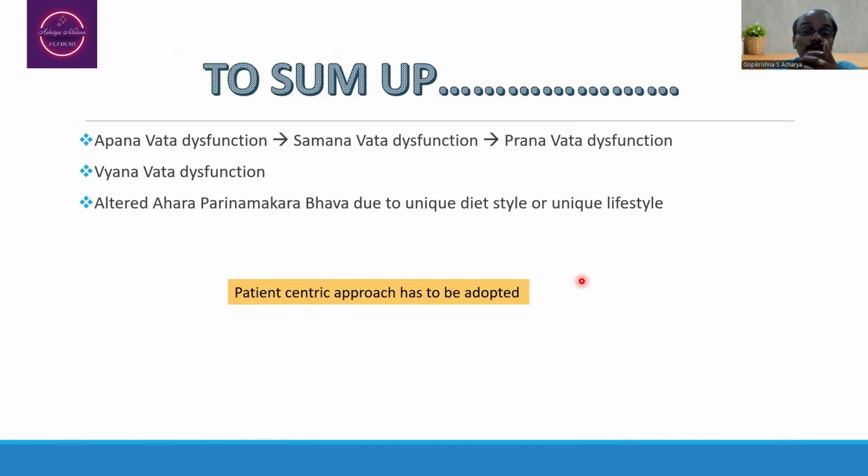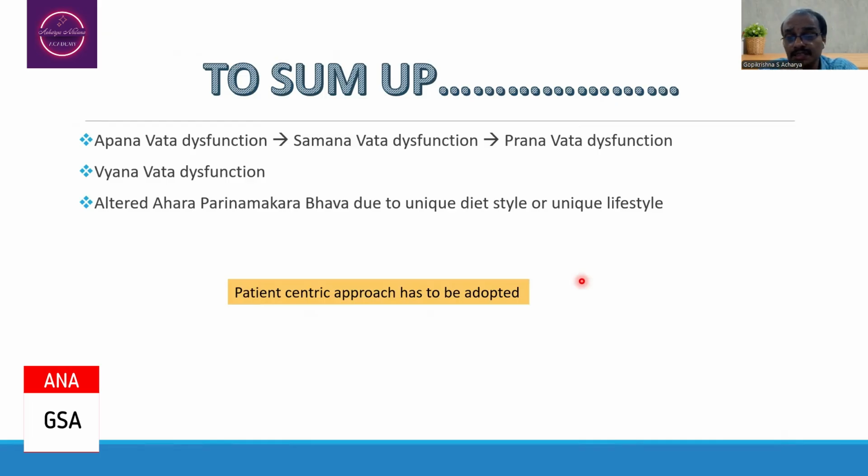etc., or the person may have the fullness of the upper abdomen, etc., that is going to take place, which in turn leads to the Prana Vata dysfunction, wherein the person may have the excessive belching, or otherwise the person may have the feculent odor in the belching as such, or the person may have feculent odor in the breathing as such. In that way, that is going to happen, which in turn results in the Vyana Vata dysfunction.